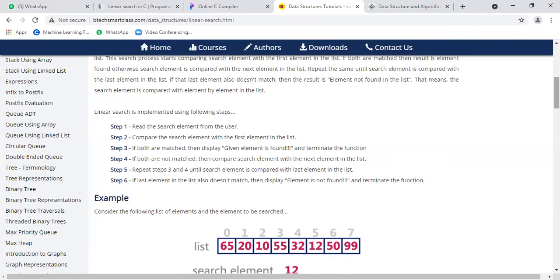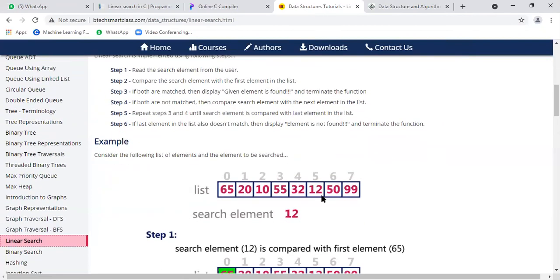For example, if I search the element 100, my search element is 100. Here, instead of 12, if I take 100 as my search element, it will search 65, 20, 10, 55, 32, 12, 50, 99. It will search the entire list.